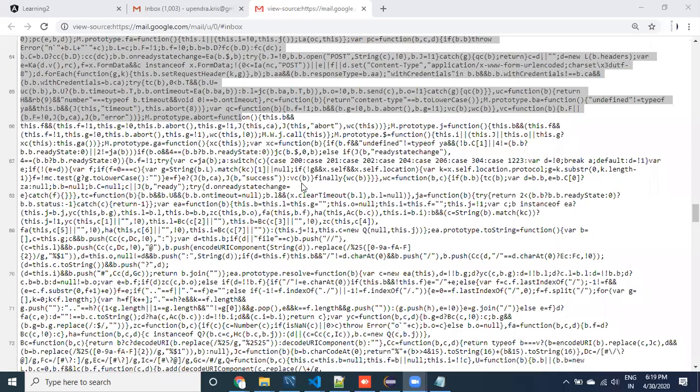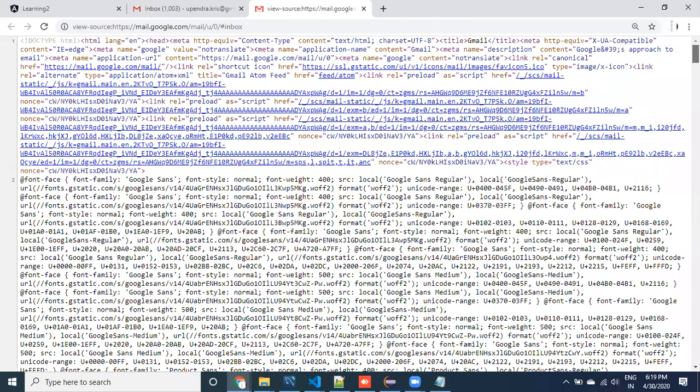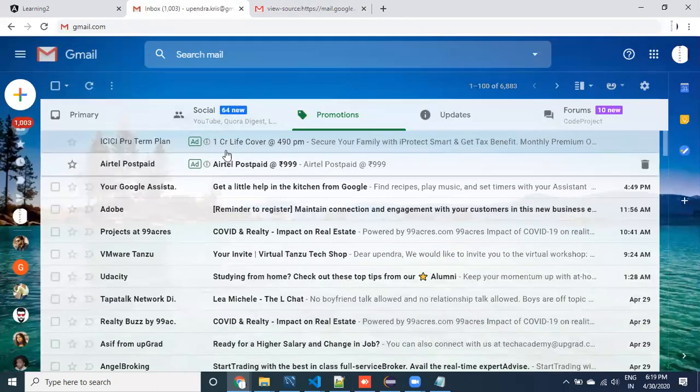To develop this kind of application, it is really not possible in this manner. It is not easy. We need to write thousands of lines here.